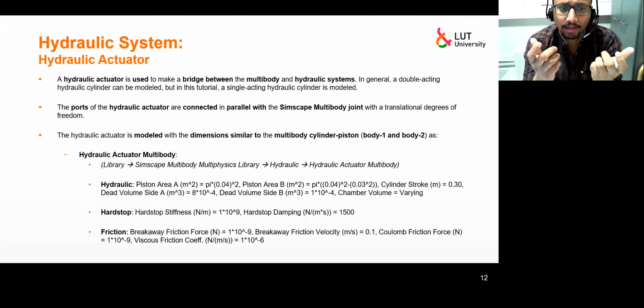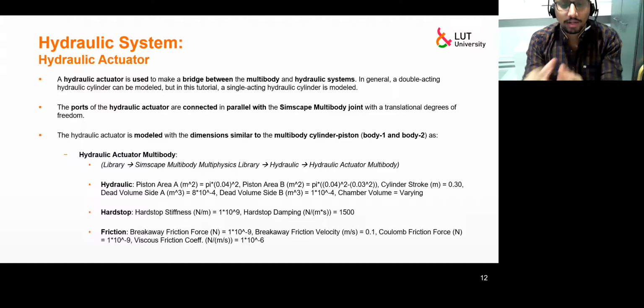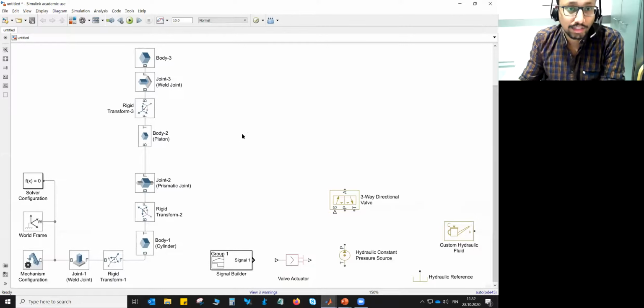and it will be connected parallel with that joint. And the specification of this hydraulic actuator or the dimensions will be similar to the dimensions of the cylinder piston for the mechanical part. So basically the dimensions of body 1 and body 2. So let's go ahead and model that. For this hydraulic actuator, you need that multi-body multi-physics library as an add-on.